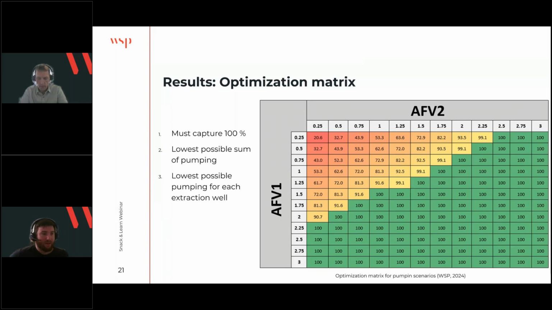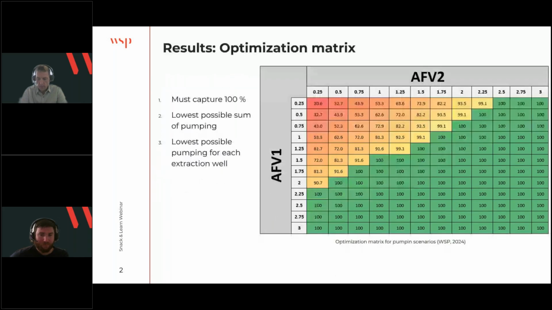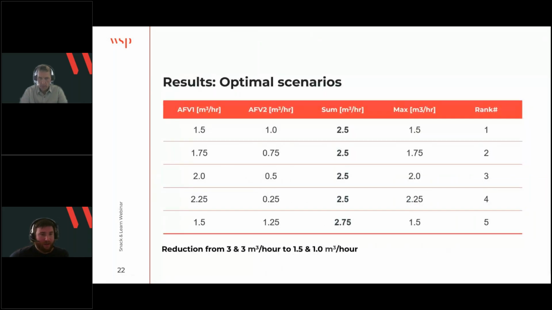So for us to get the optimum scenario, then we want the lowest possible sum of pumping, but also the lowest possible pumping for each of the extraction wells. So we need to rank it to get the optimal scenario. So here is all the different scenarios ranked. So we wanted the lowest sum, but also the lowest maximum scenario, the lowest maximum pumping rate for